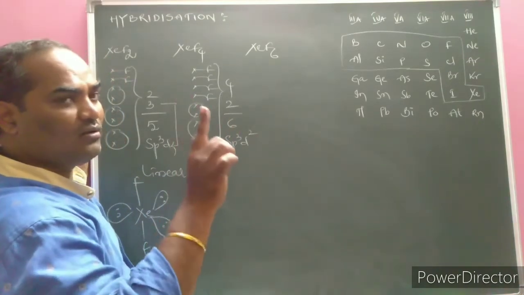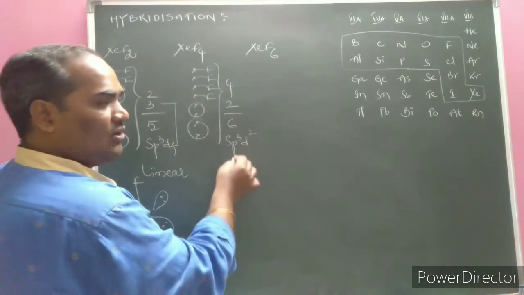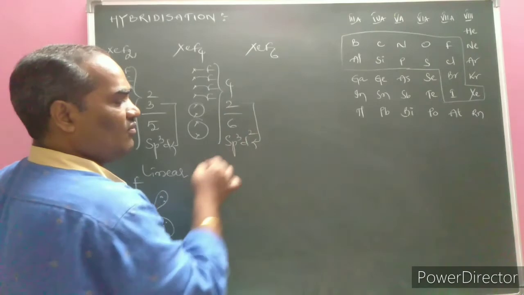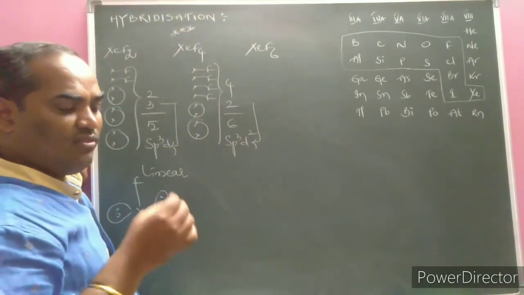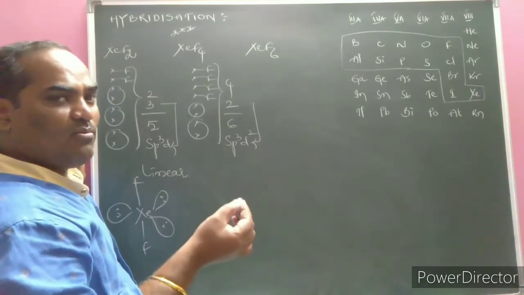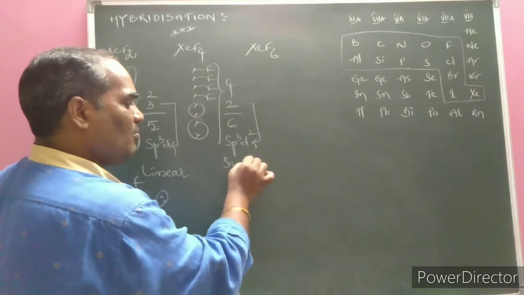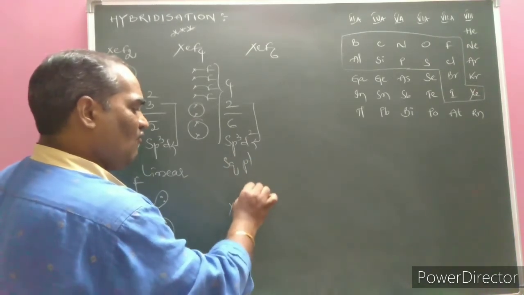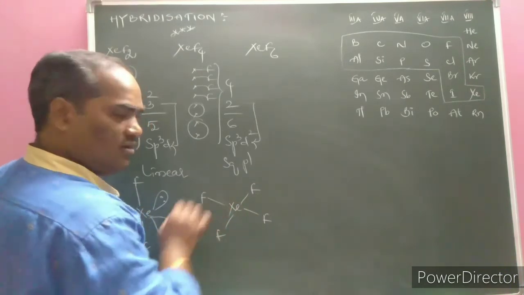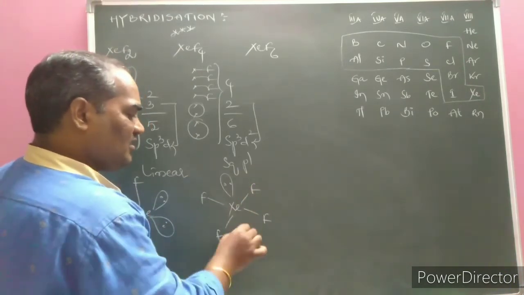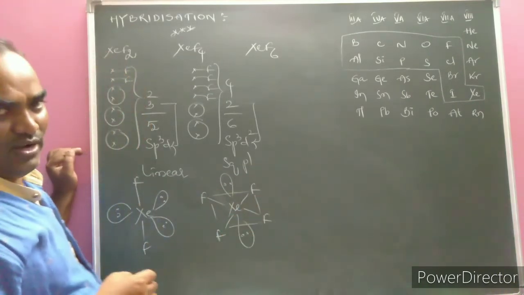With no lone pair, we call it octahedral or square bipyramidal. With one lone pair, square pyramidal. And 2 lone pairs are present here, which was asked previously in IIT. They never asked it like this; they asked which of the following molecules is a planar molecule. Here is the square planar molecule, xenon tetrafluoride. 4 fluorine atoms are directed towards the corners of your book, and one lone pair is above the book and another below the book.